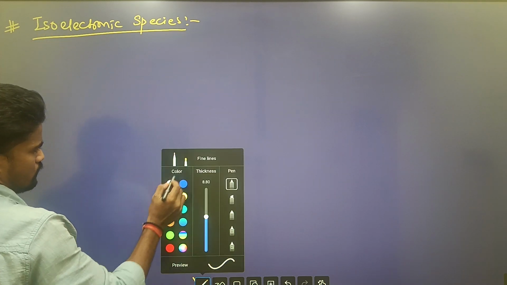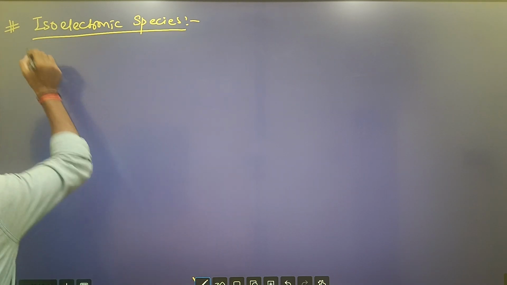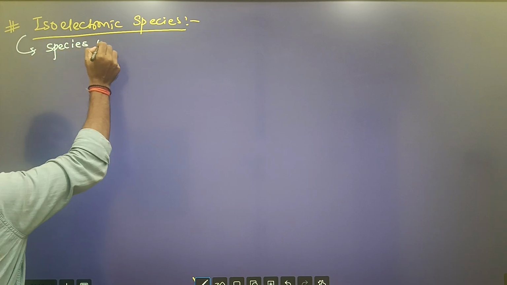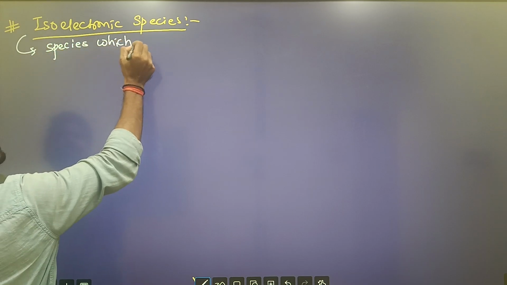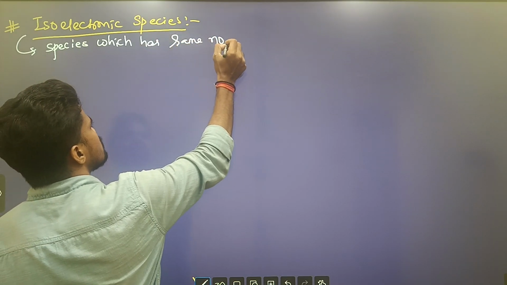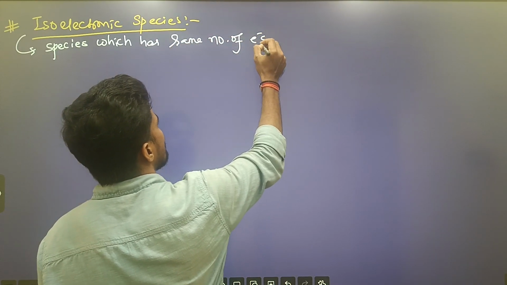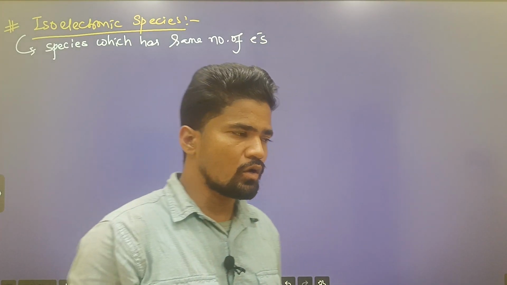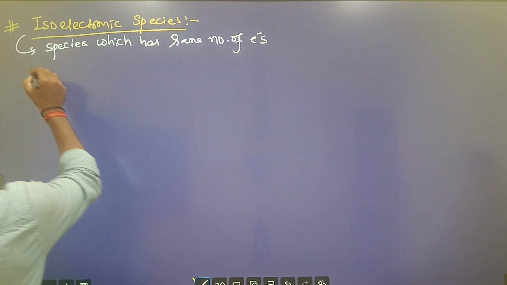The species which has the same number of electrons are called isoelectronic species or isoelectrons simply. Example,